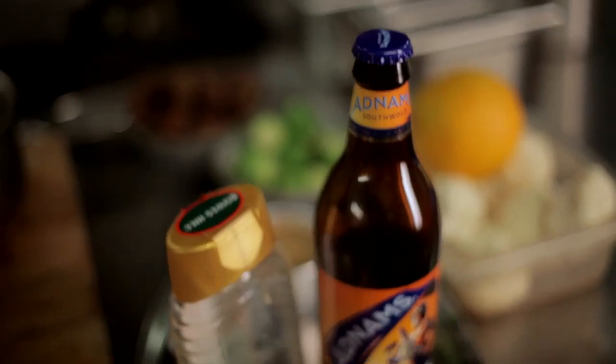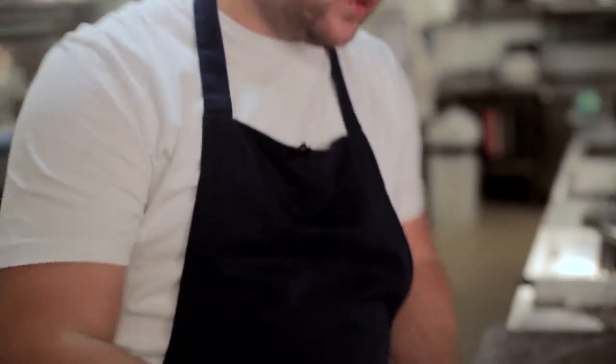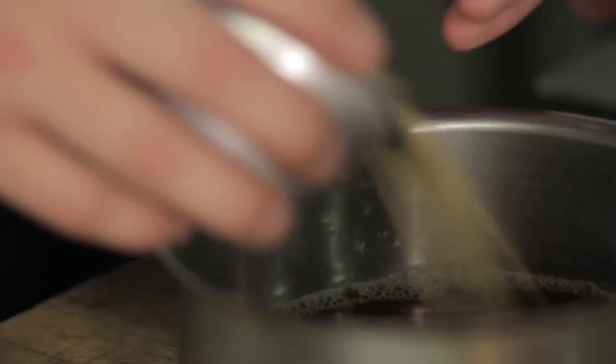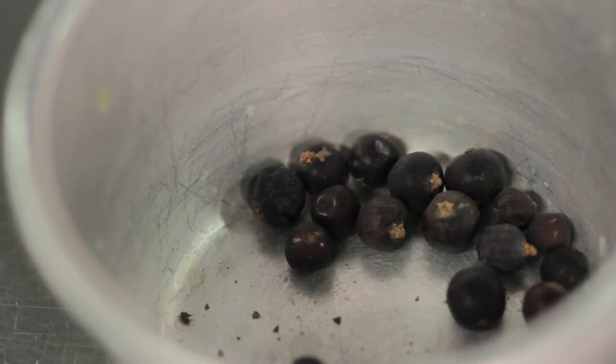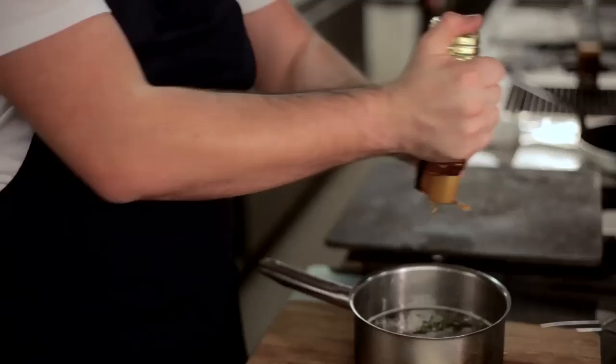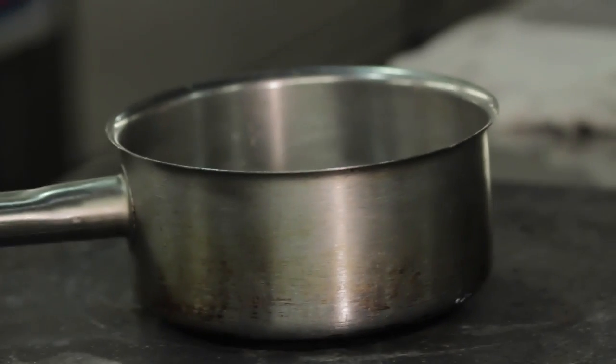So as another side for this dish, I'm doing some beer pickled onions, which are pickled in a local beer. All the ingredients without the onion go into a pan. Some vinegar, brown sugar, some juniper berries, the thyme, and then a squeeze of honey. I'm going to bring this pickling liquor up to the boil, and whilst that's coming up, I've got time to